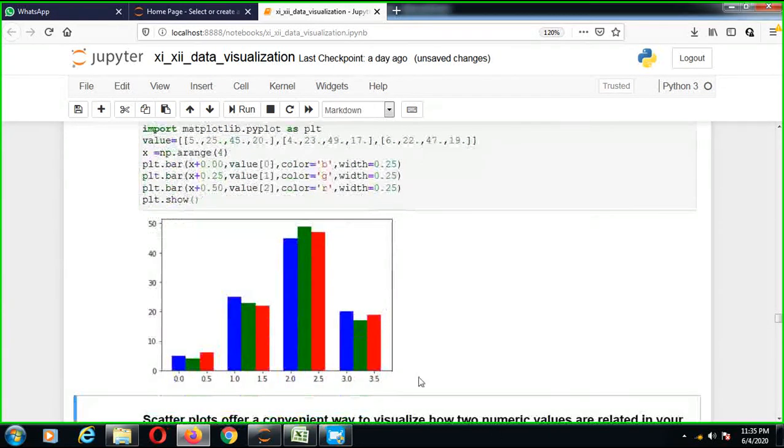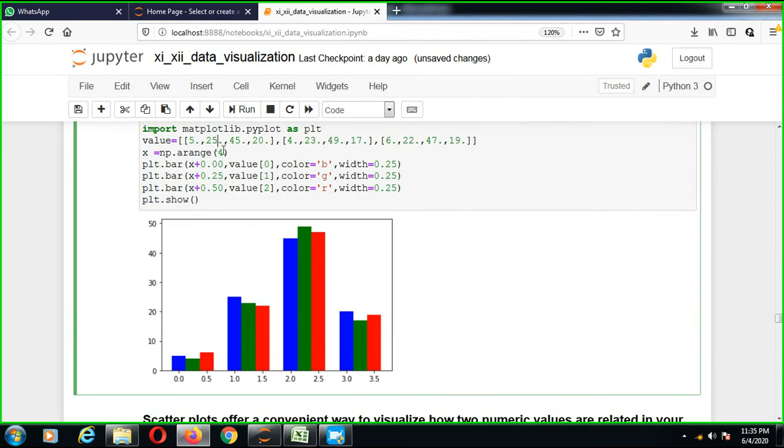We have 3 arrays: first 5, 25, 45. The first group is 5, 4, 6 according to 0.25, this one blue, 23 green, 22 red.